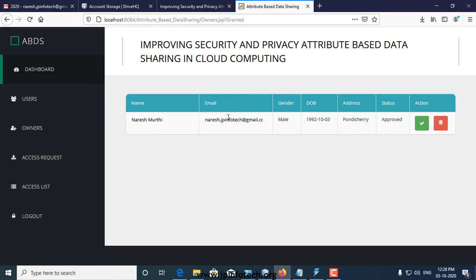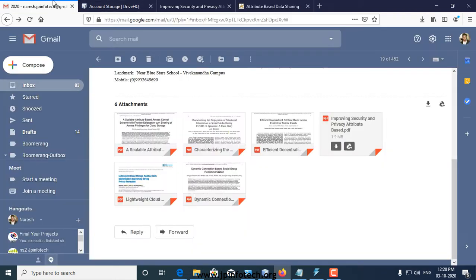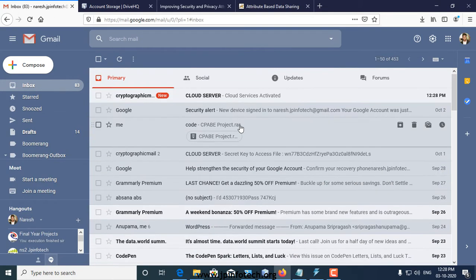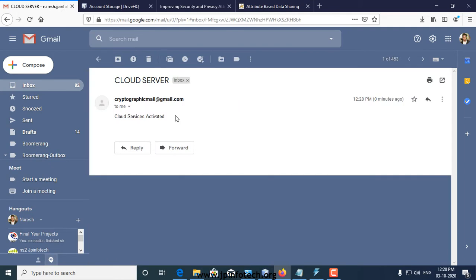Now the owner can log in to the system, and then the owner can upload the files. Now the owner will have received the mail from the cloud server that the cloud services are activated.